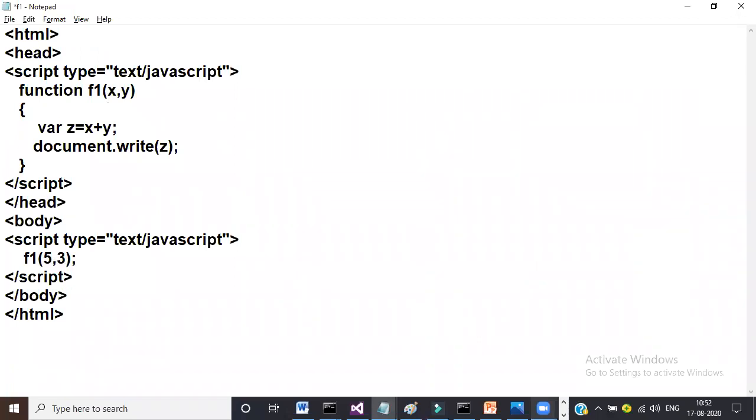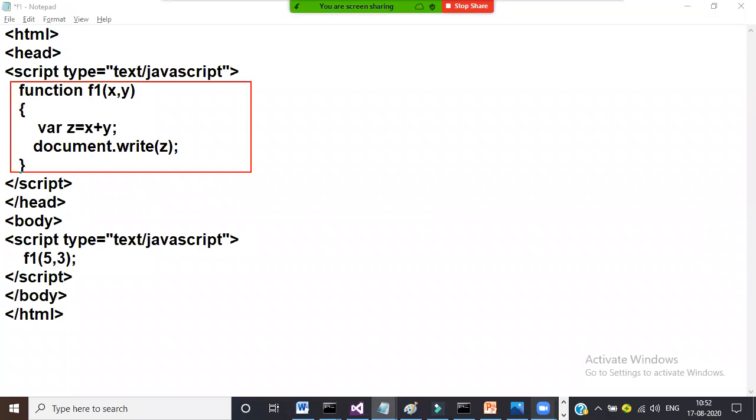Values. So the declaration of the function is JavaScript code, and the calling of the function is also JavaScript code. So always write JavaScript code inside the script tag. If you're not calling the function inside script, again you'll get an error. Okay. It is always recommended to declare the function in the header tag. You can ask me, sir, why header tag? We can even write the function in body also.